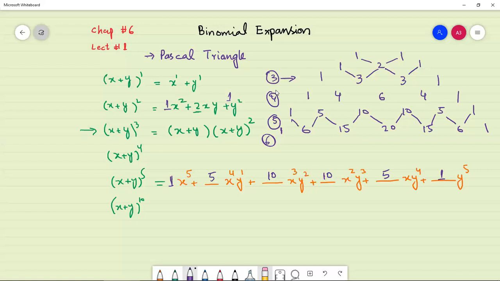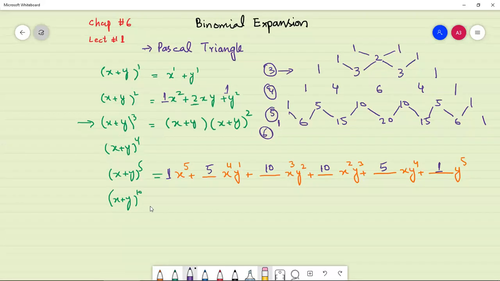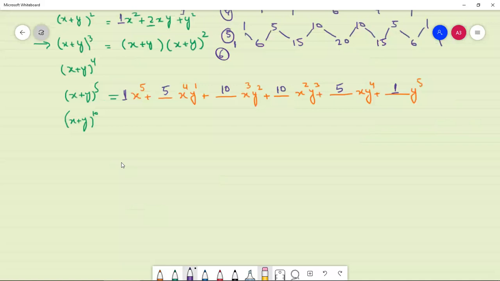So similarly, for 7 and 8 you can find the coefficients always. So just look at this. If I have to expand x plus y, or just to take a question, that I have to expand x plus 2y whole power 6, how can I expand this? Just replace y with 2y. There is no change except you have to put 2y instead of y. If there is negative 2y, then you have to put negative 2y instead of y.